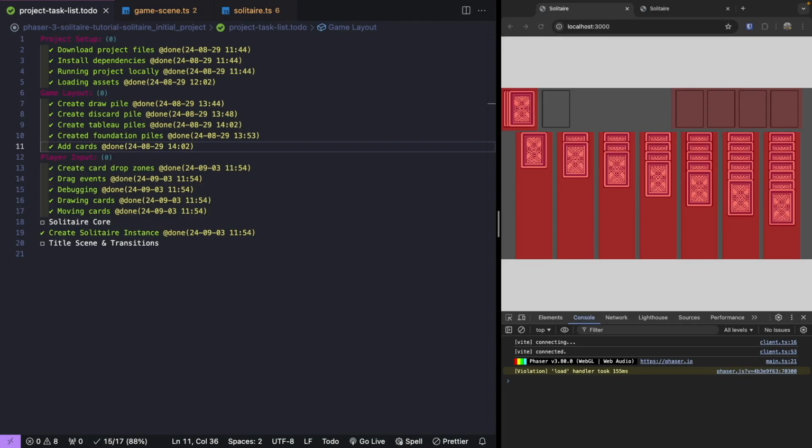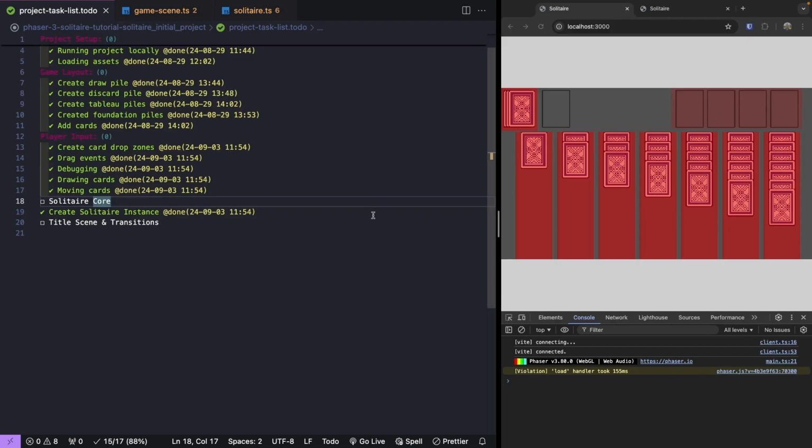All right, so now we have our core logic in place for handling our player input in our game. Now we need to go ahead and start building out our core Solitaire library that we'll be using for our actual logic for our game. And then we'll tie that to our game scene and finish up our additional methods. To get started with building our core logic, what we're going to do first